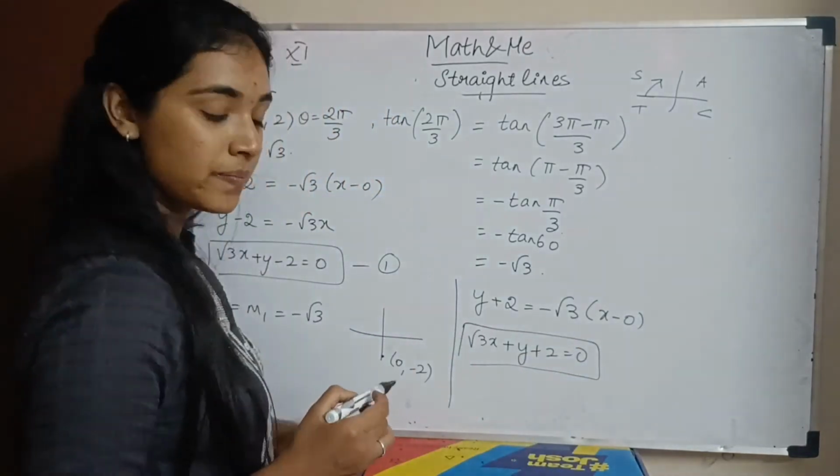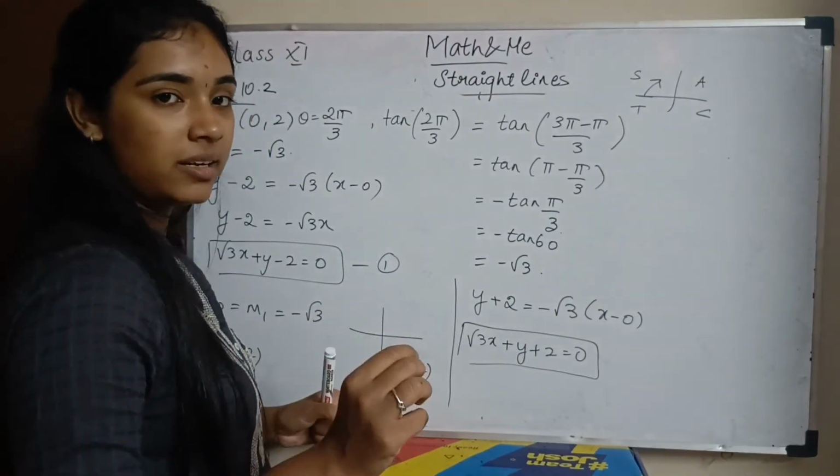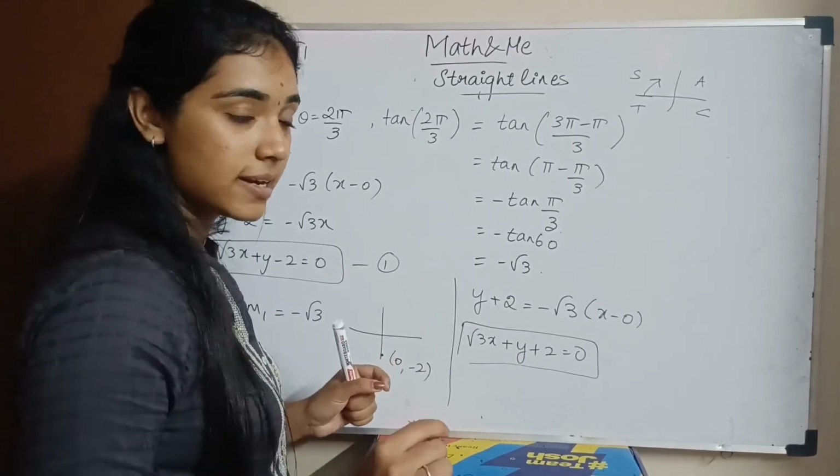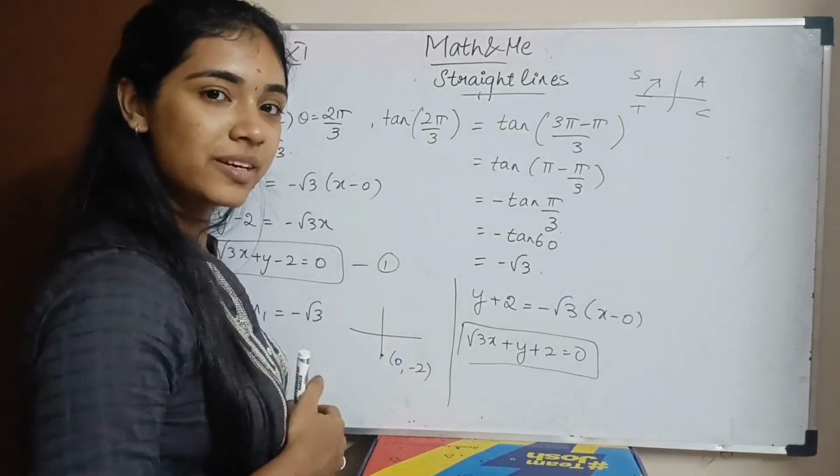Okay, very simple. Just read the question line by line, write down whatever you know, and try solving them slowly without missing any step. You'll reach the final answer. Okay.